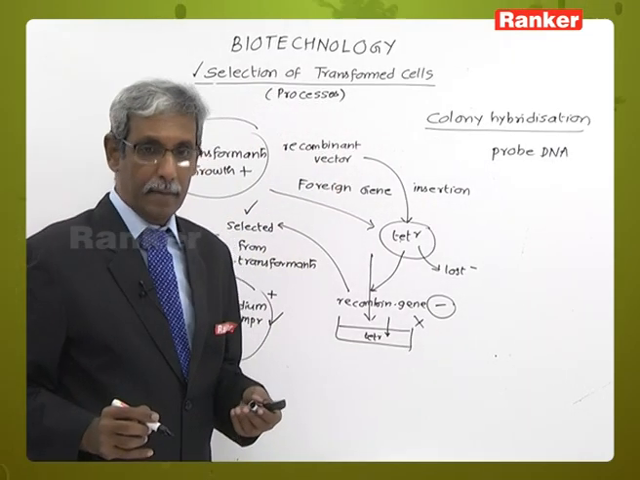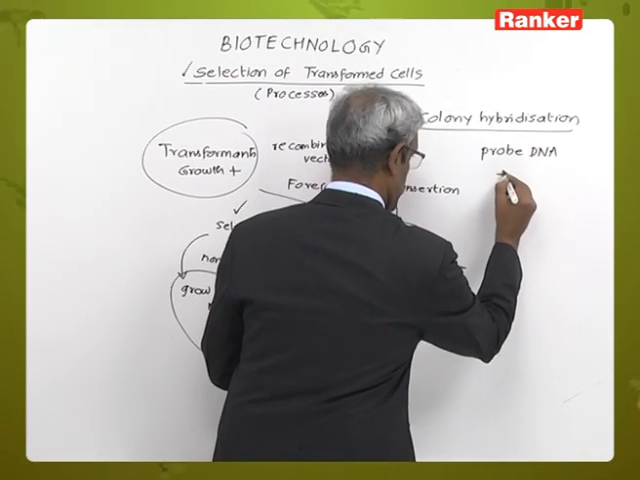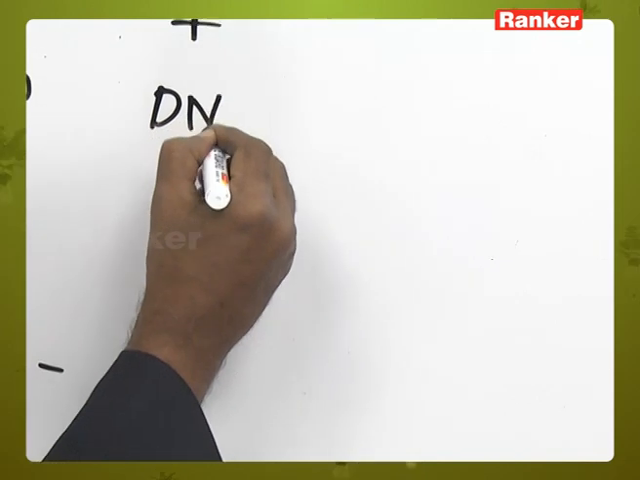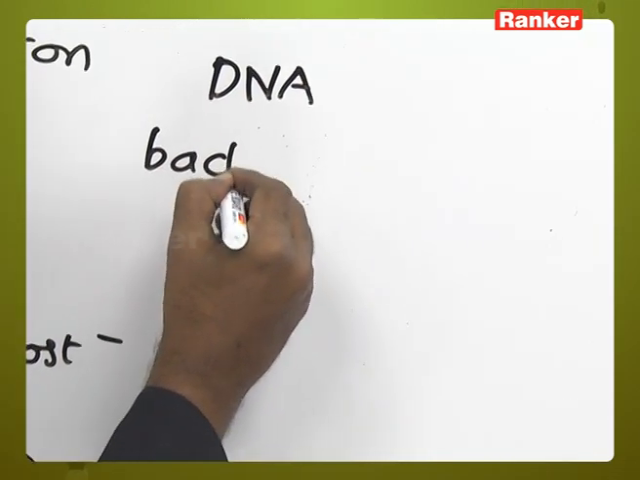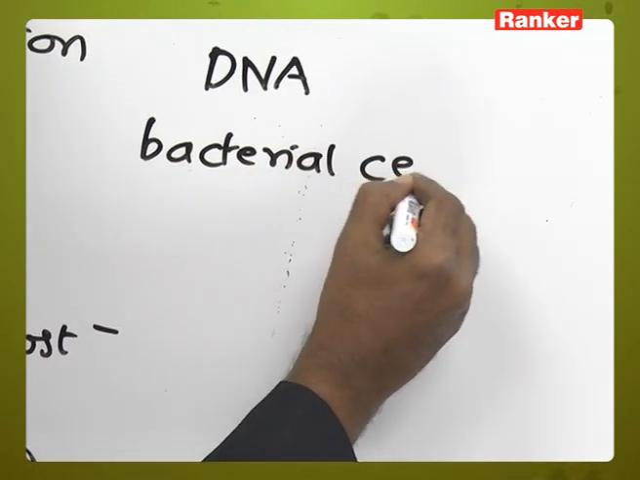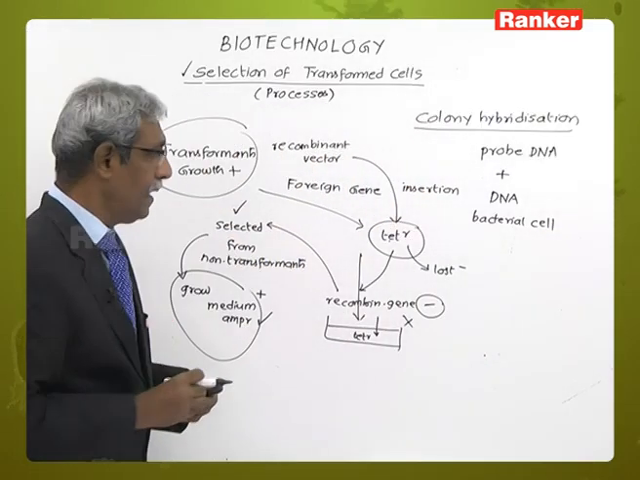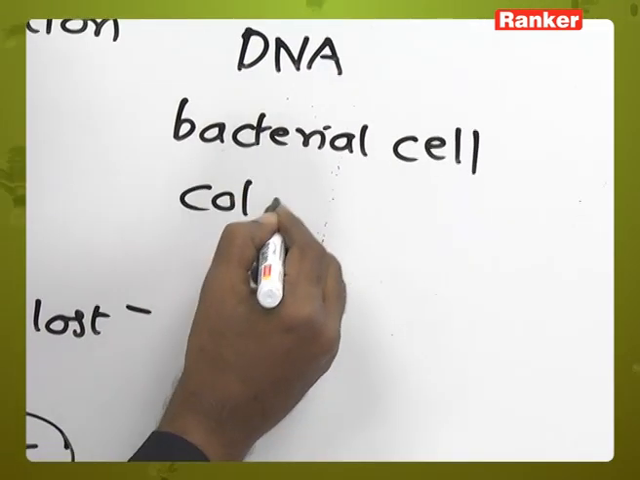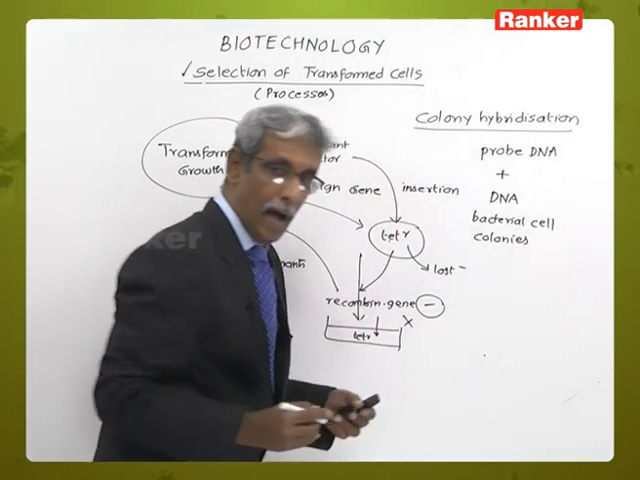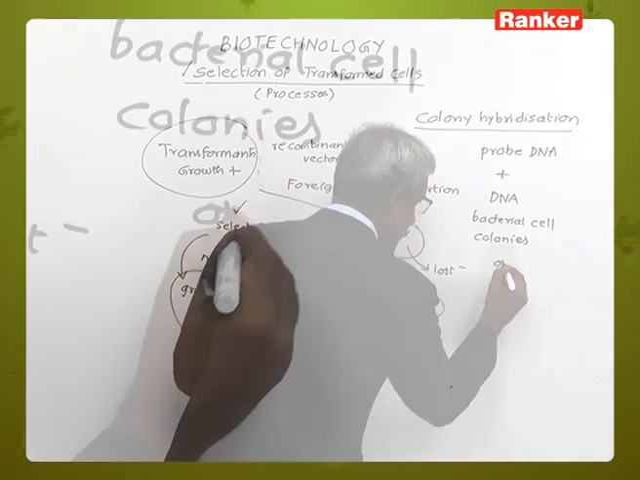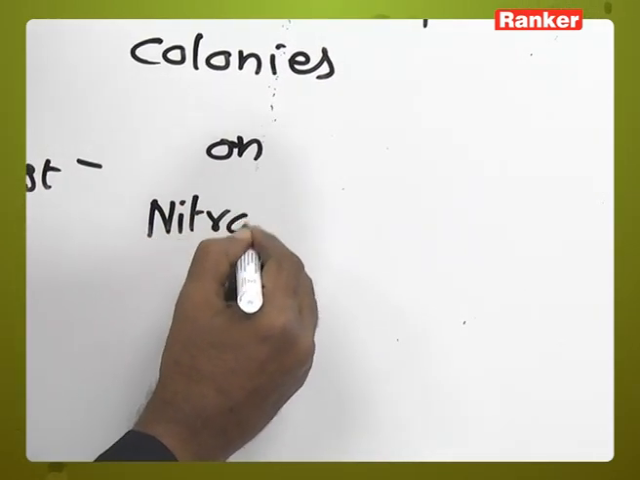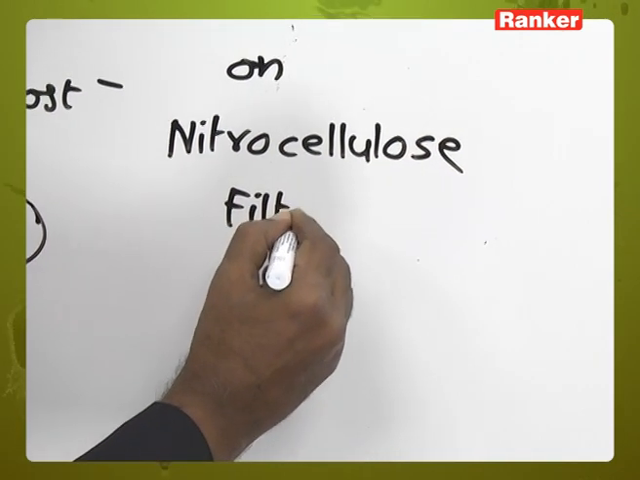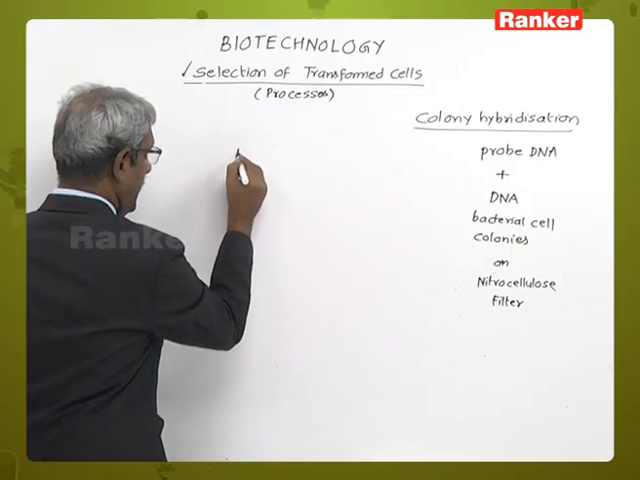So, you have a probe DNA, and this probe DNA can combine or hybridize with the DNA of a bacterial cell, and it can hybridize with the bacterial cell colonies on a nitrocellulose filter. So, the probe DNA